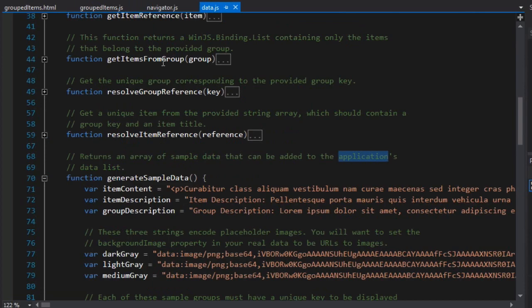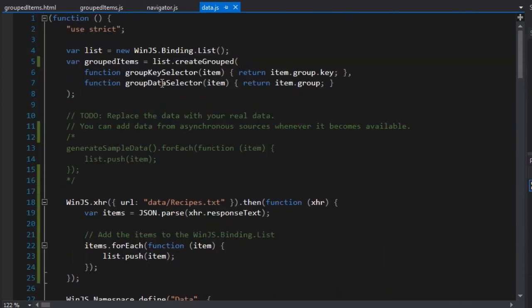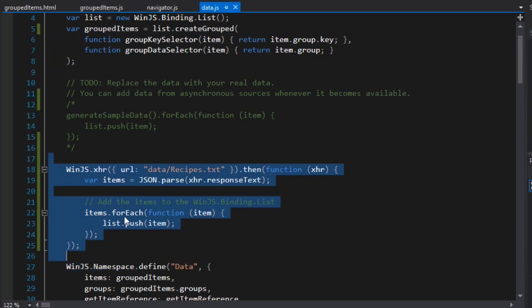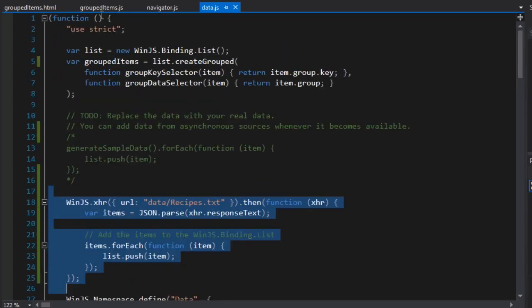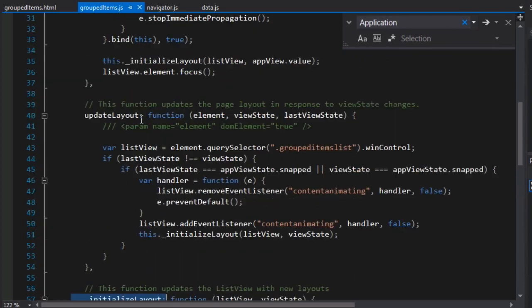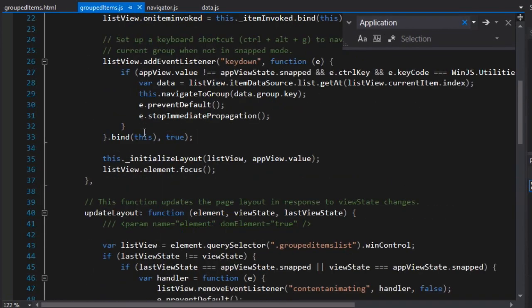Just to refresh your memory from a couple of videos ago, do you remember all of this and where we added this? That's what we're talking about here, okay? So back in initialize layout. We know this gets executed as soon as this grouped items page is loaded, because it's